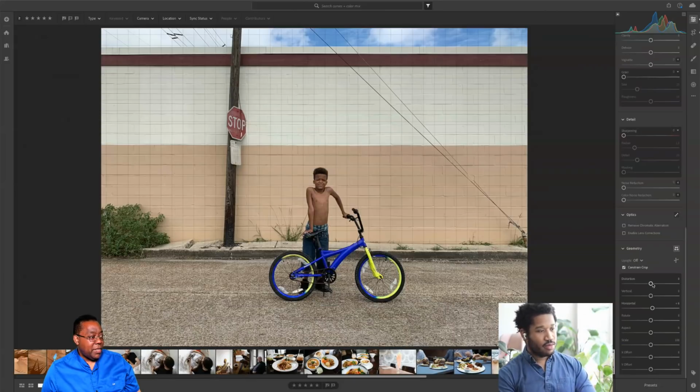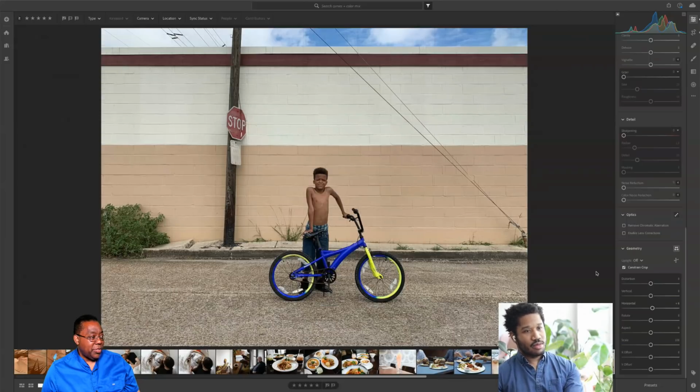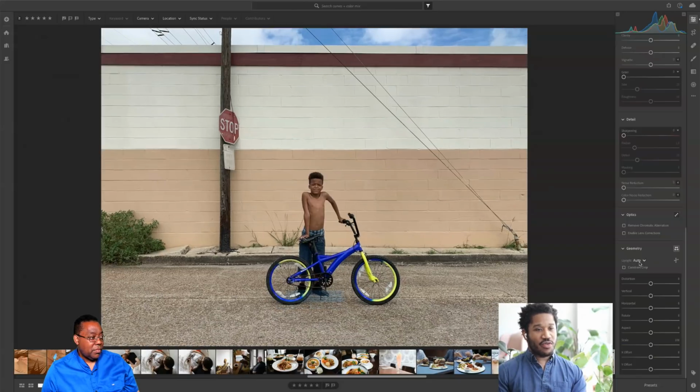I'm just trying to think, did you cover the, like you did it manually? Did you do the guided upright or the auto upright? Oh, we can do guided. Guided is a great example. Yeah, do guided. Go back to where we were. So guided is rad also